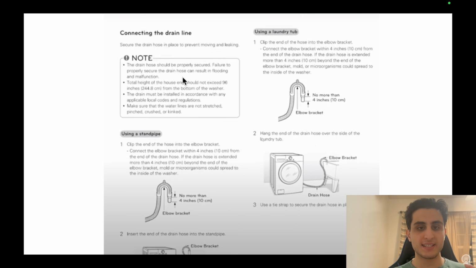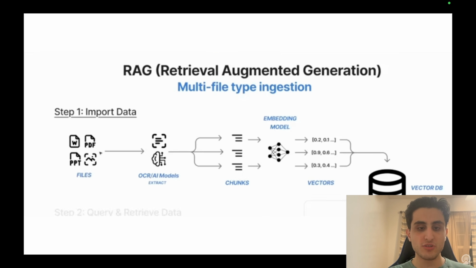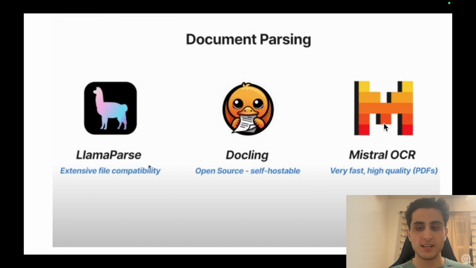They do not understand the structure of the text, and via this process we lose a lot of useful information. So it's much better, and you will get way better results if you just use any of these three